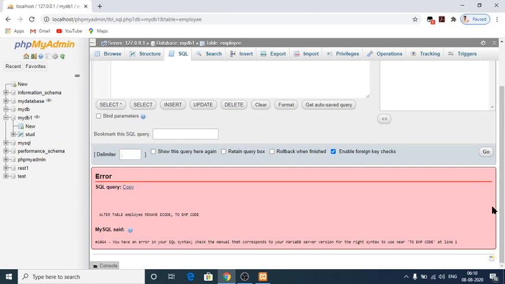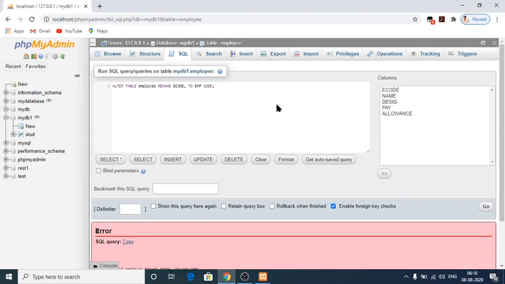So let me execute this one. Again it shows an error. Alter table employee rename E code to EMP code. From the table, alter table employee rename E code is correct. Everything is correct, but it shows some error.